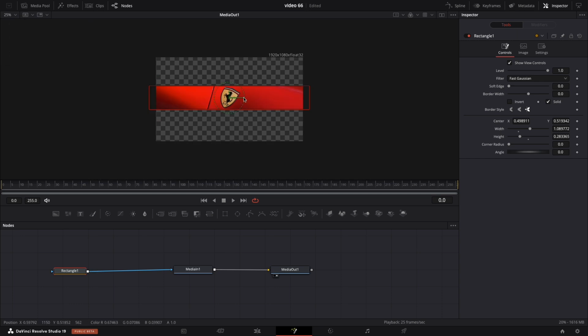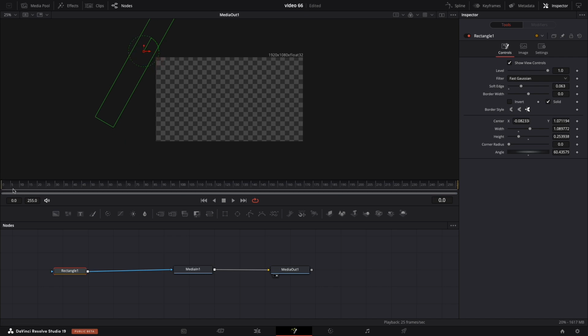The other option is to navigate all the way in the upper left corner and change the percent of the view, so you will have more working space. Let's soften the edge about 0.6. This looks great. Our next step is to move the mask on the side so it will not be visible